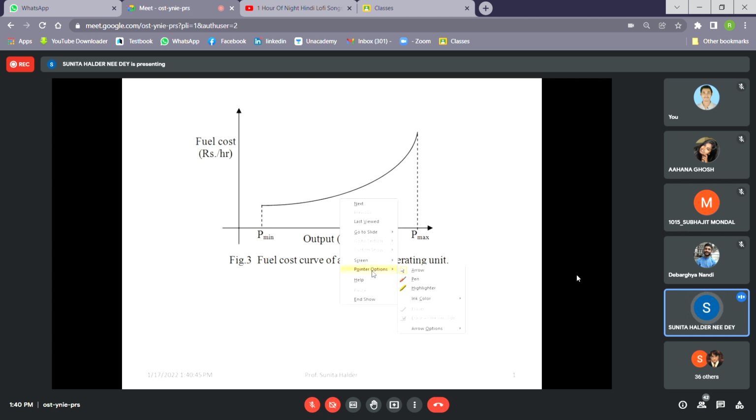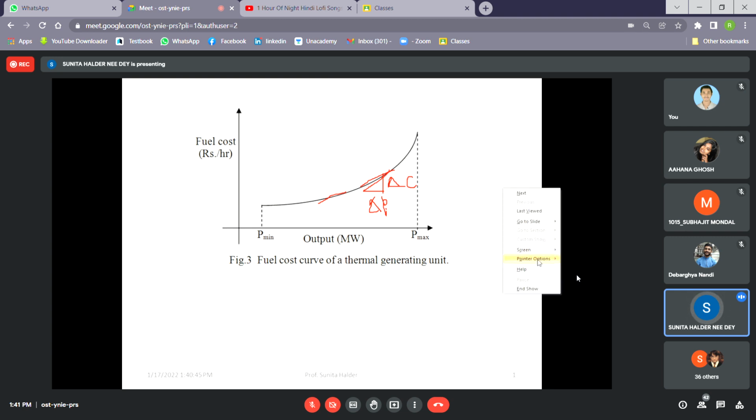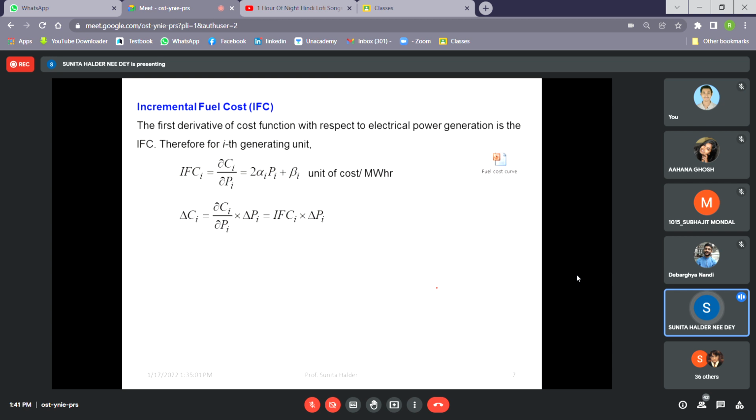Because the incremental fuel cost actually gives you the slope of the curve at any point, and that is varying. So for any small change in P, what will be the small change in C, we can calculate from the incremental fuel cost. That is the physical significance of the incremental fuel cost curve. Why is it so important? Because here this is a second order polynomial. If we know the values, we can calculate it very easily. But practically, it will not happen. It is an nth order polynomial, so we have to take the help of numerical methods. So in that case, this incremental fuel cost in some cases gives us a good estimation.